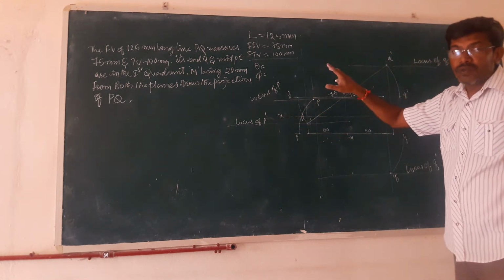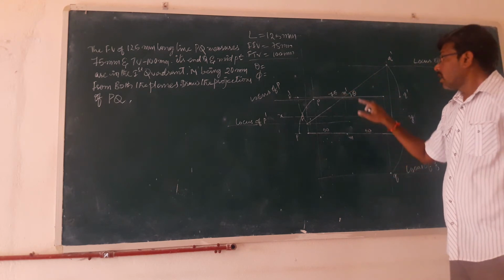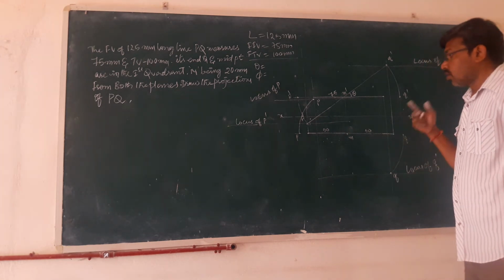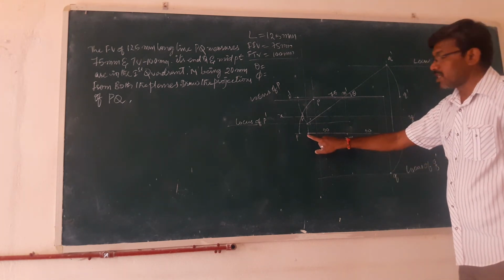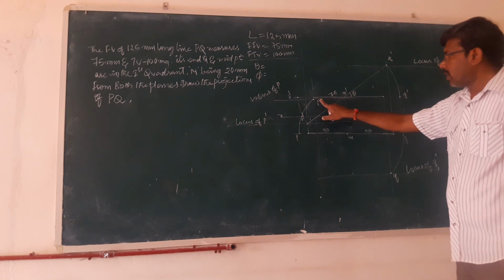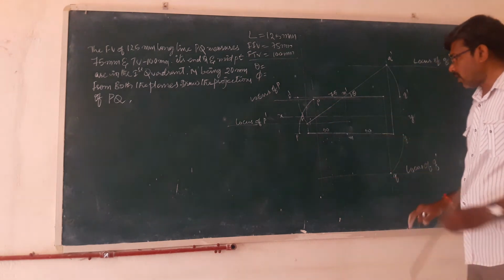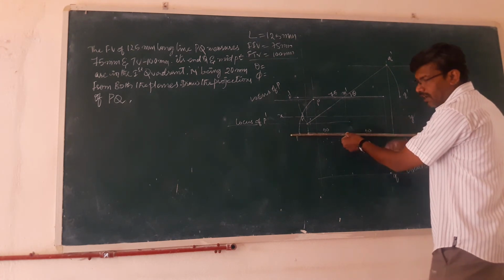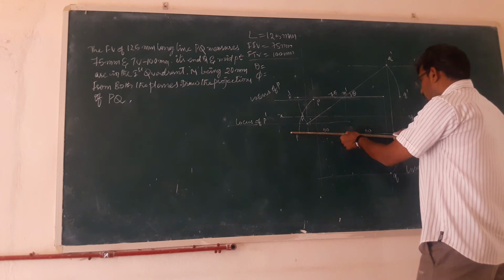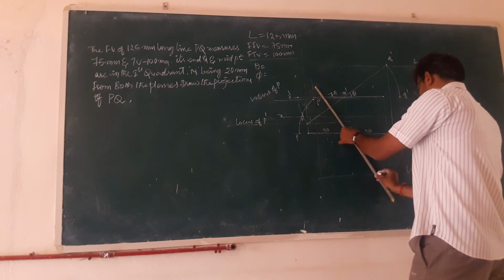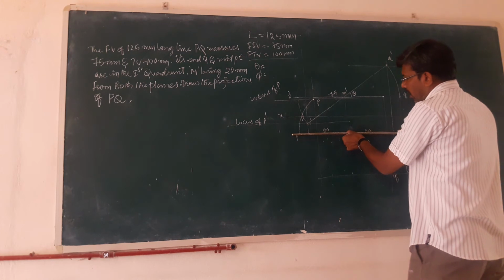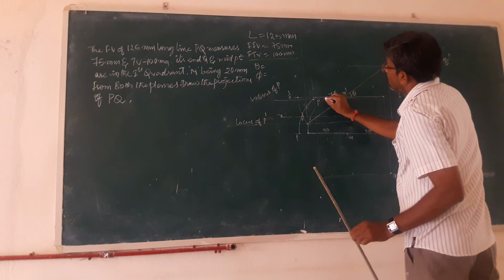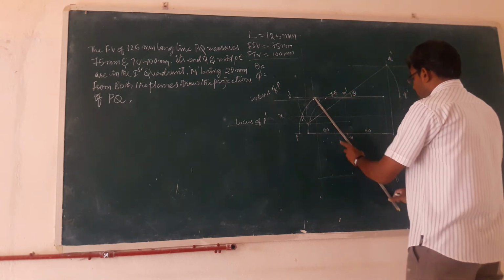Then we have to finally project the final front view of 75 and the final top view of 100. To which particular point? To the locus of this P. So P to P1 to P1 dash, and this one Q to this one. Now I will take the length of this 100 and rotate this one, and simply from this particular point I rotate it here, from this point to this point.